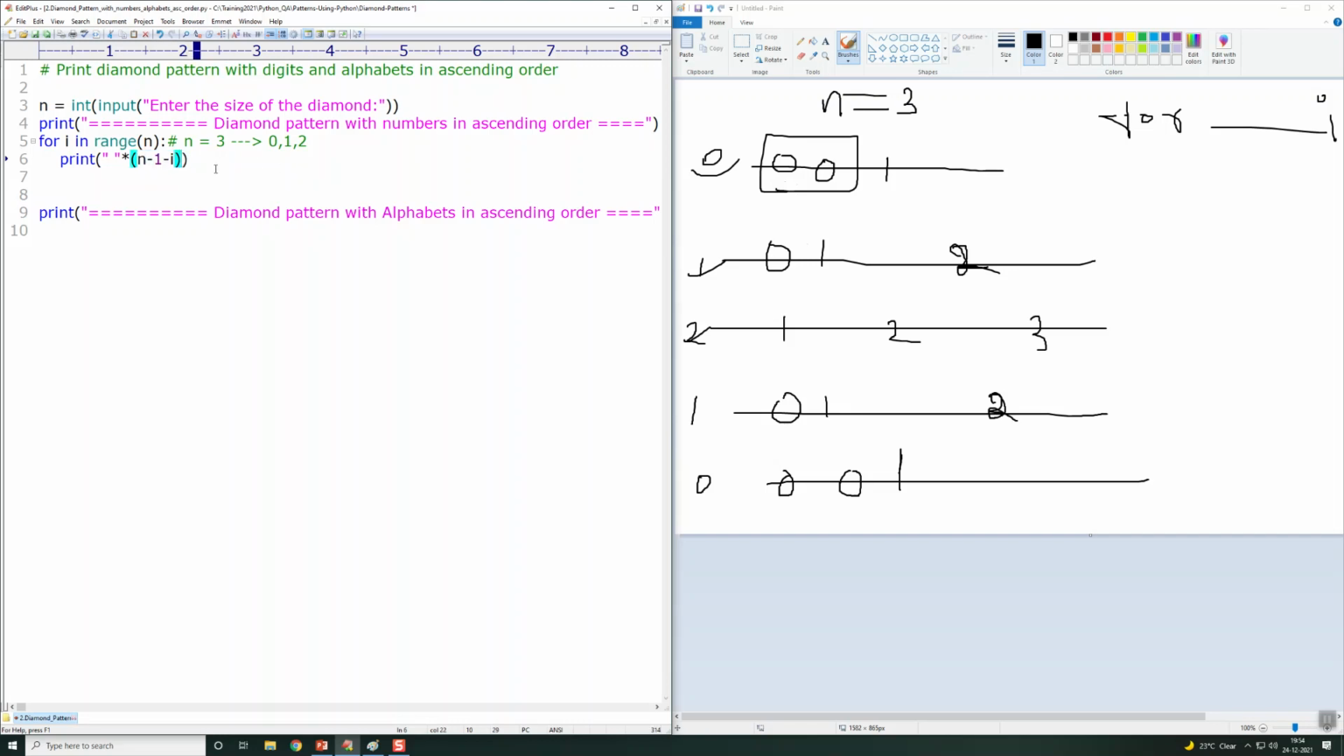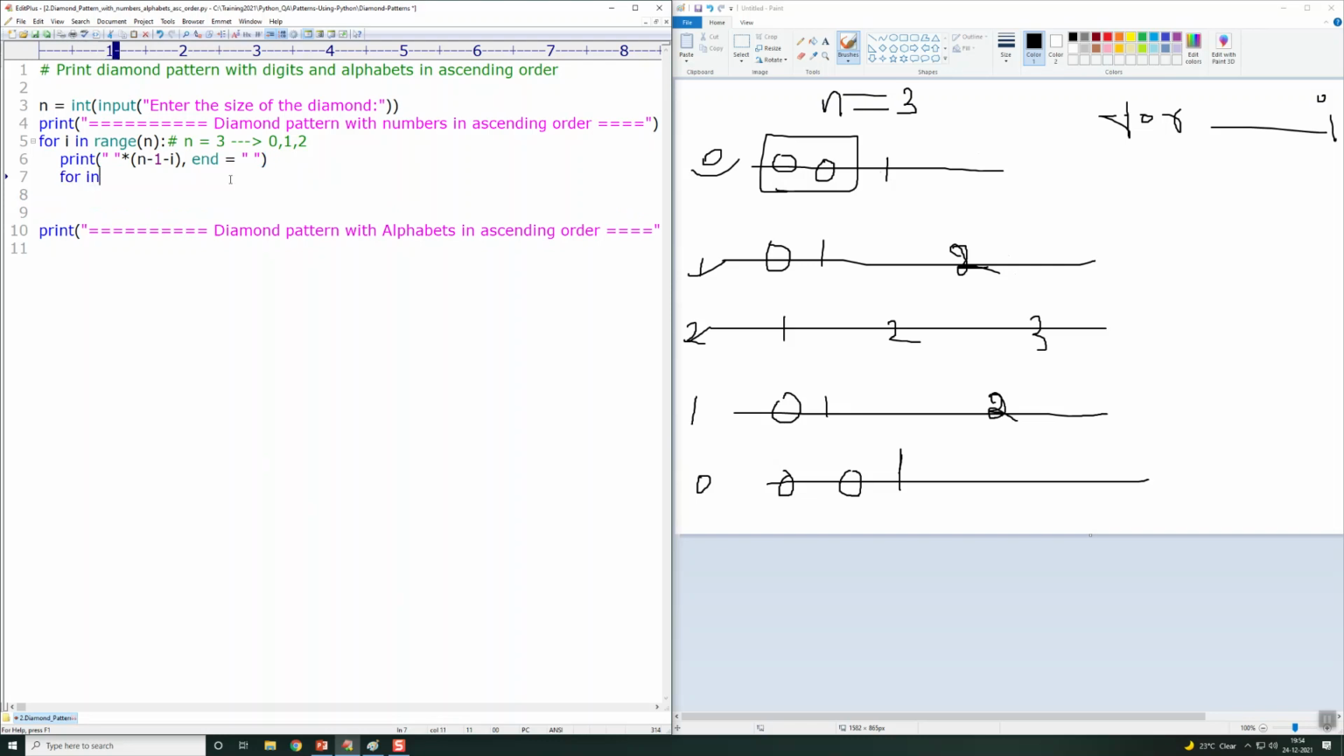Once the spaces are done, I want to print the numbers in the same for loop, but here, instead of a constant value, I want to keep increasing the numbers in ascending order, like 1, 2 and so on. So I'll end the line with an empty string here. By default it will be a new line character, but here I'm going to end it differently. And here I'm going to use one more for loop for getting these values 1 to increasing orders. So I'll take one more temporary variable, j, in range of